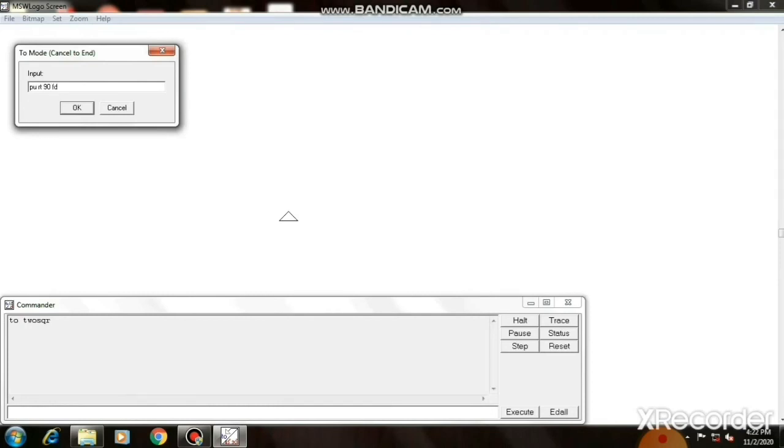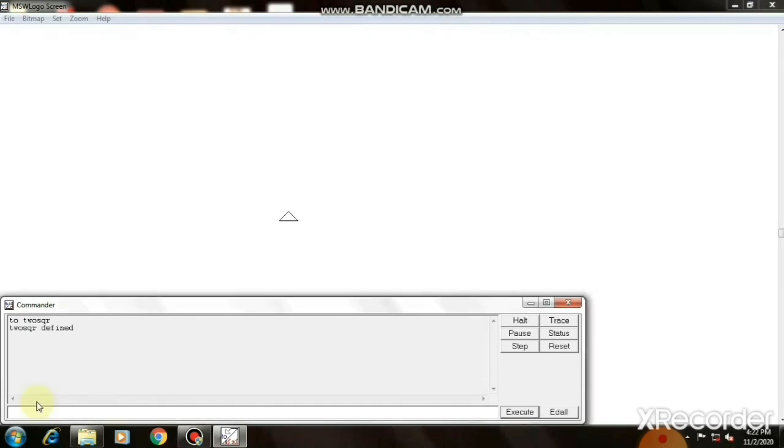For that I am giving the commands PU RT 90 FD and LT 90 to provide a little bit of space between the two squares, and again I am using the procedure name SQUARE. The square procedure we already created with that name, and finally type END. Now you can see 2SQUARE is defined. So type 2SQUARE and press the enter key.